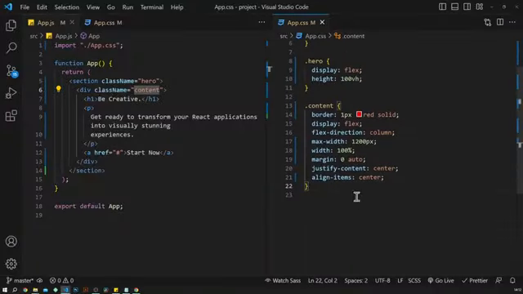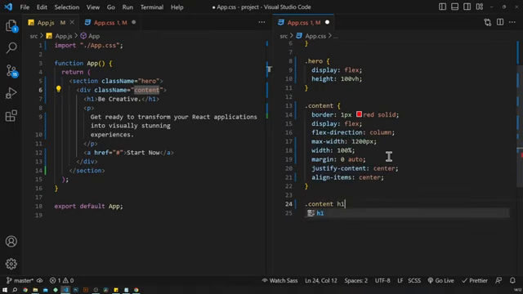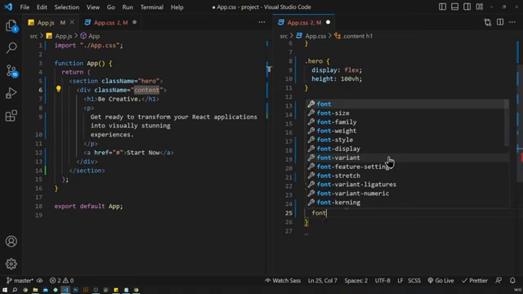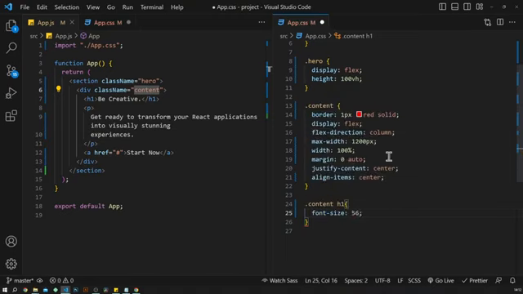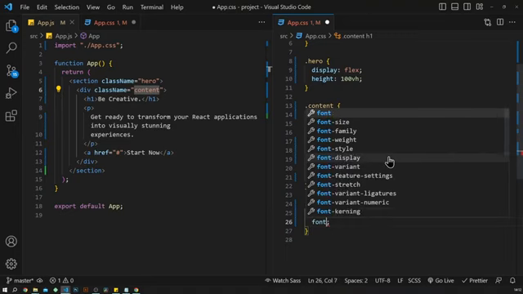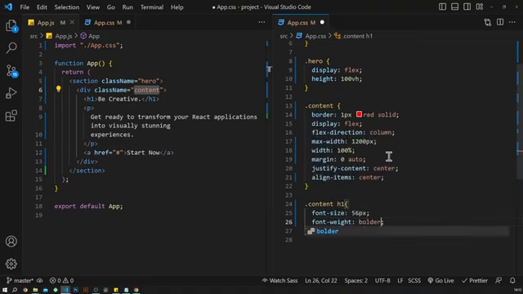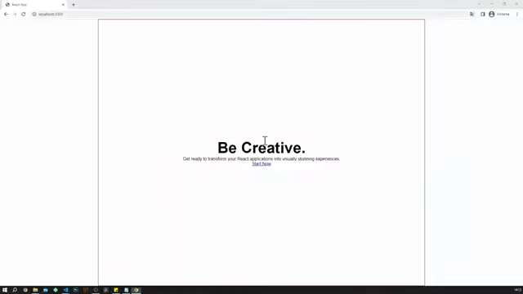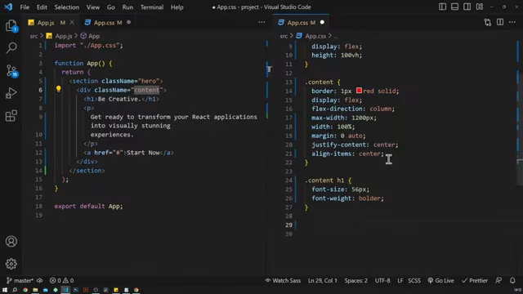Now let's just work on this title. So we are going to get content h1, and let's just give a font size of 56 pixels and also a font weight of bolder. Now this is what it looks like. Awesome. And now let's just tweak our p tag,